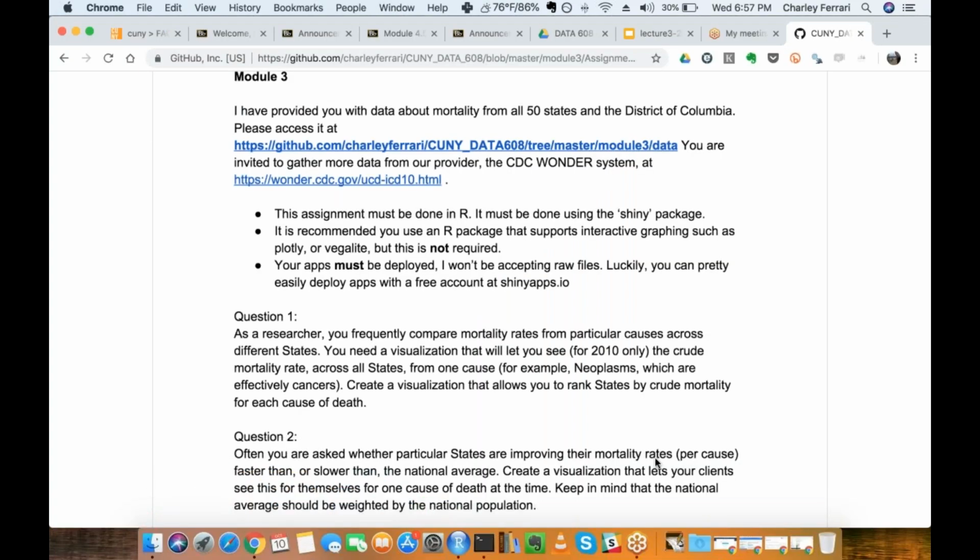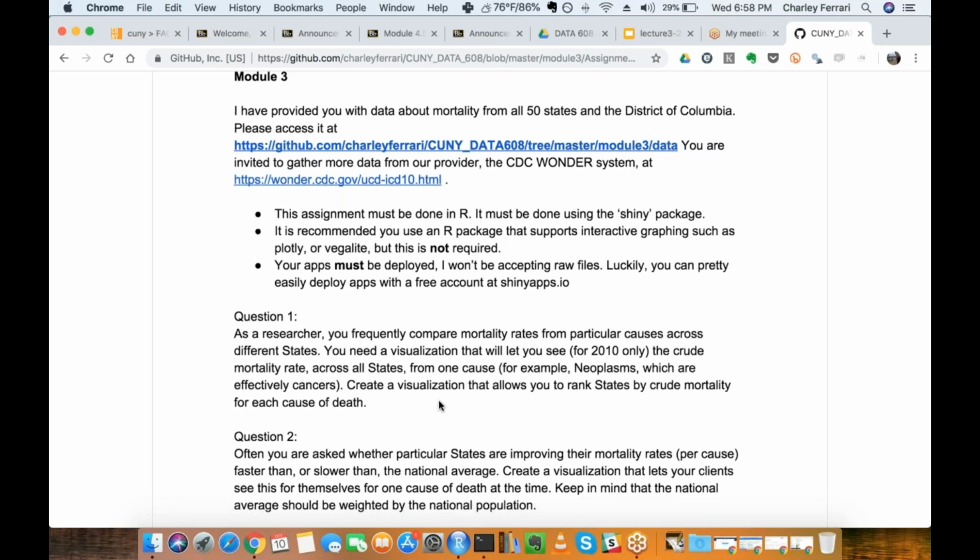We're ranking states, which tells you that you want some sort of interactivity where you're viewing all states at once. We're looking at a specific year. And the fact that we're looking across all states should give people additional clues that we're really looking for something comparative. That's not where we should focus our interactivity, because you want to be able to compare it in one go.